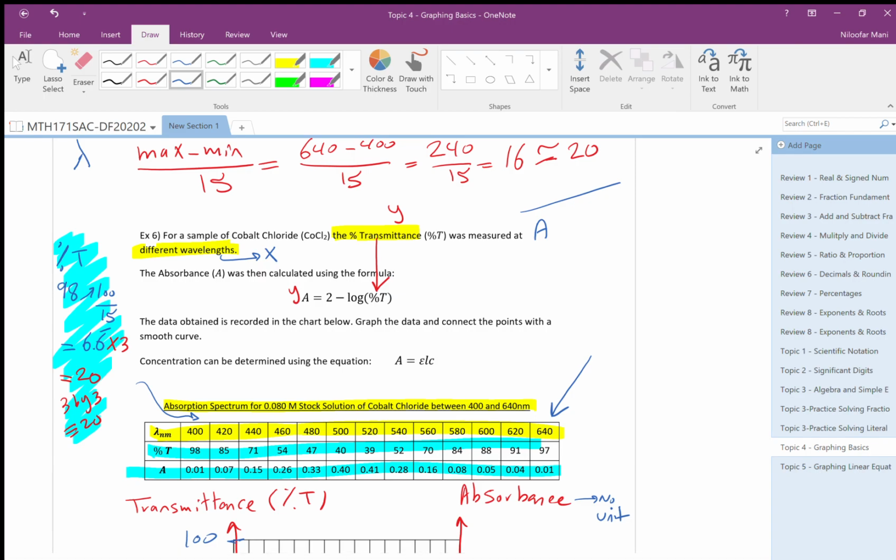For A as maximum is, I think, 0.41. Am I right? Yeah. Okay, so it is 0.41 divided by 15. What is the answer? Okay, it is